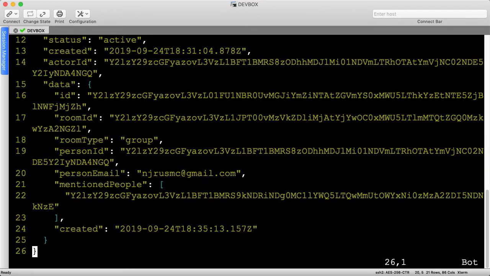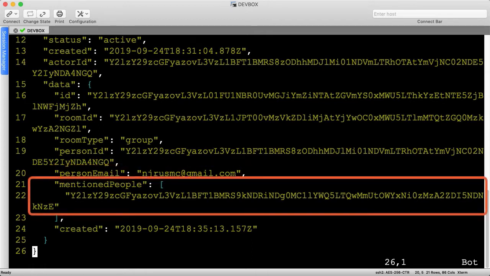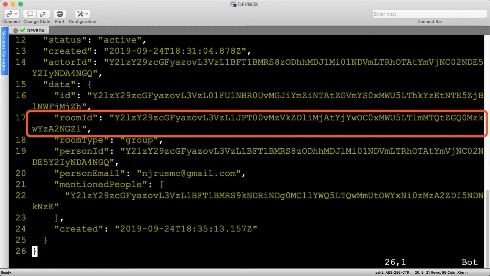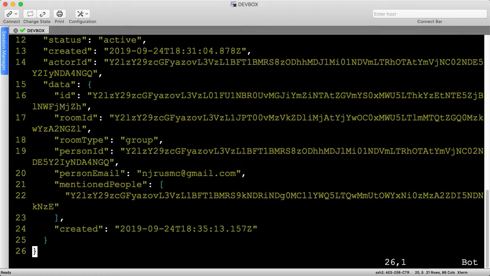The webhook contains some metadata about the message, but not the text itself for security reasons. We'll grab the text later, but for now, we can see the message came from my email. The mentioned people list contains the bot's person ID. Although you can't really see it, the room ID is a GlobalMantics specific chat room I built with my personal WebEx Teams account. Let's get back to the script and figure out how we can use this information to get